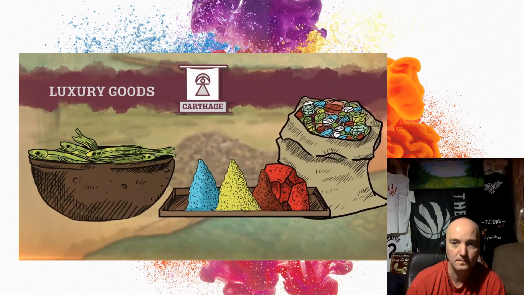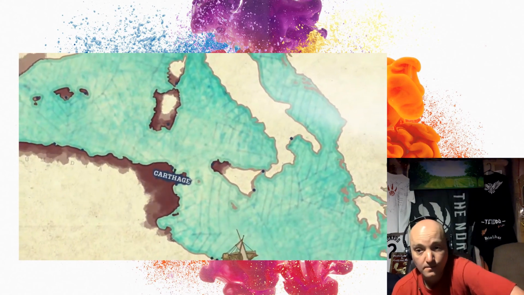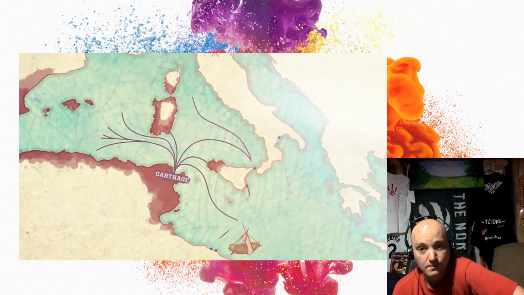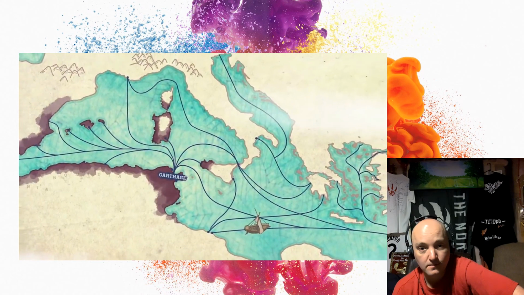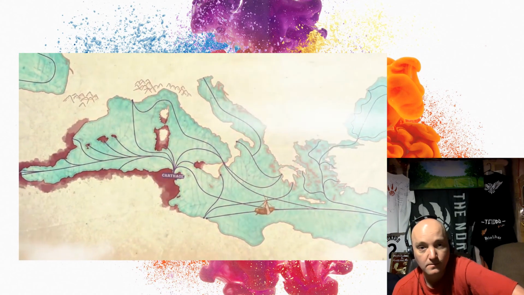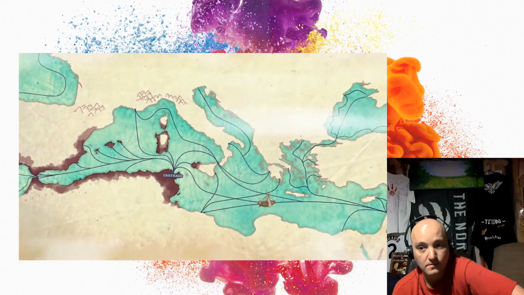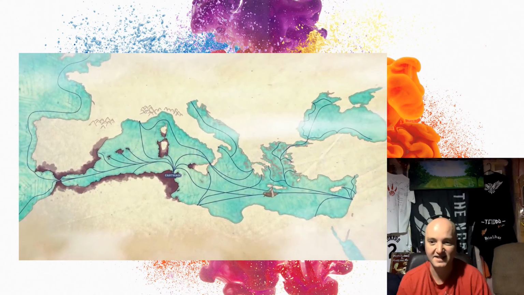colourful dyes, or jewellery. From here, they could then be shipped along the vast Carthaginian trade network for sale and exchange across the Mediterranean. The Punic state even took an interest in establishing new trade routes that the known world had never seen. Just to give you a sense of the scale involved here, we have records of Punic traders